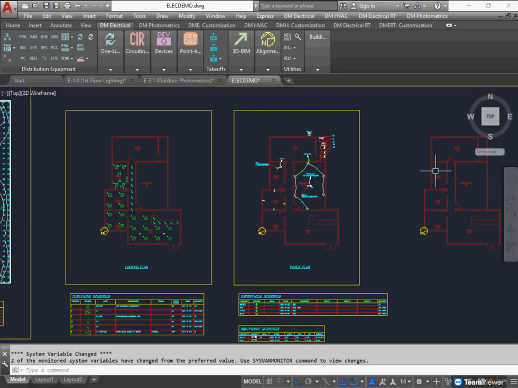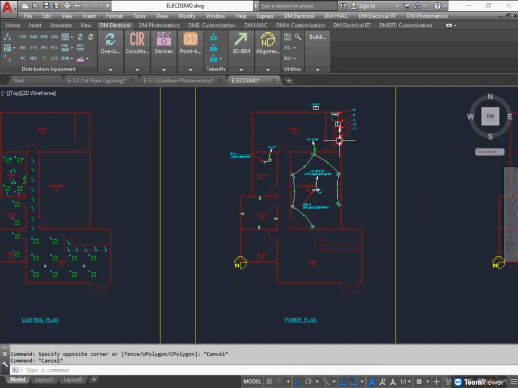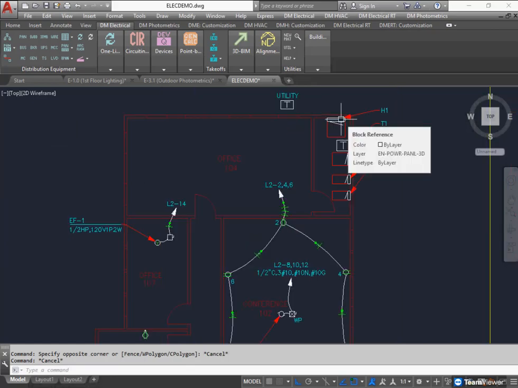From the mailbag, how do I insert panels on multiple sheets? Or in this case, we're going to look at how you insert panels in multiple areas. So we have these panels here, and they are on the power plan. And we also want to show them over on the lighting plan, just so that in both areas you can see them. If you make a copy of them,